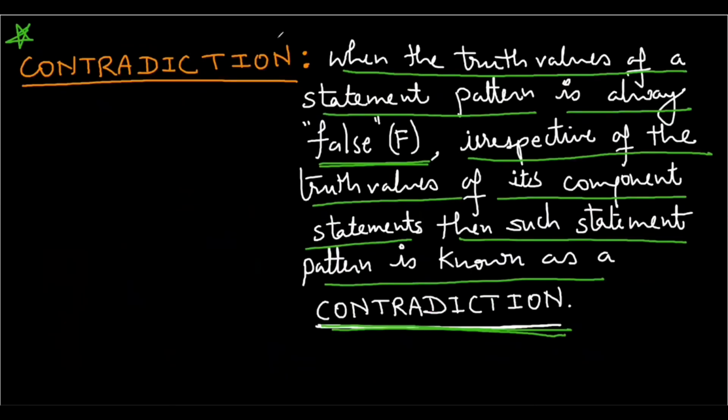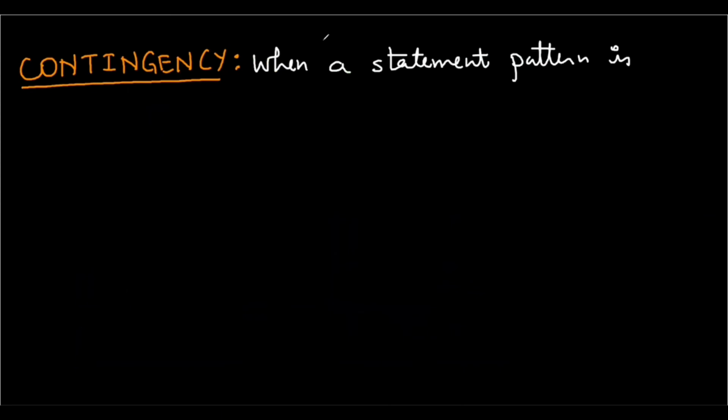Then after contradiction, we have the next as contingency. Now let's define what is a contingency kind of a statement pattern. We have done tautology, we have done contradiction. The next one is contingency. So the definition of a contingency statement pattern is when a statement pattern is